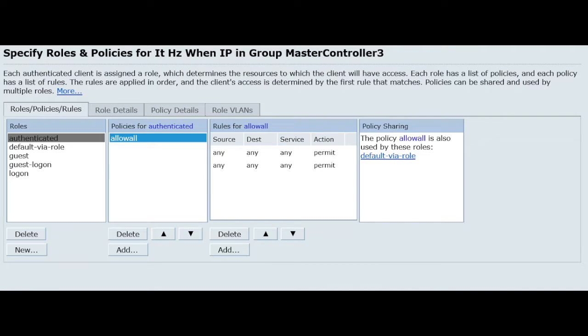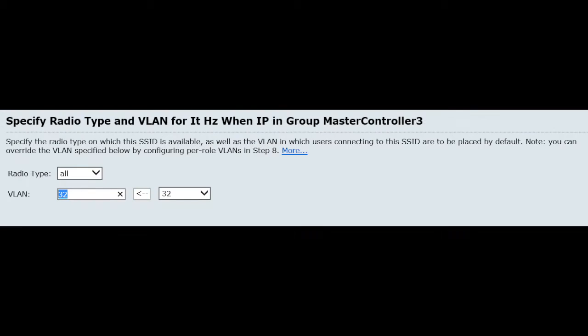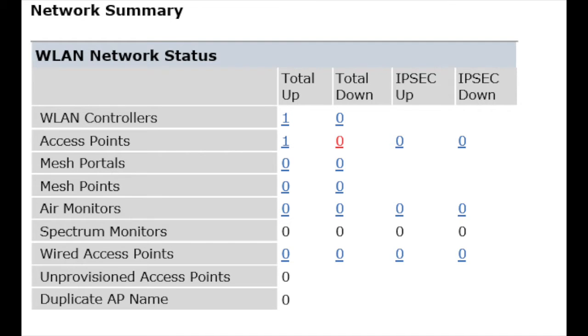We then specified our WLAN's roles and policies. Here we selected Authenticated for the role of our WLAN, and then selected All-a-Wall for the policy. Once we were working with the correct WLAN, It Hurts 1 IP, we specified its VLAN to VLAN 32. Now that we have configured everything, we can see that we have an access point that has been added to